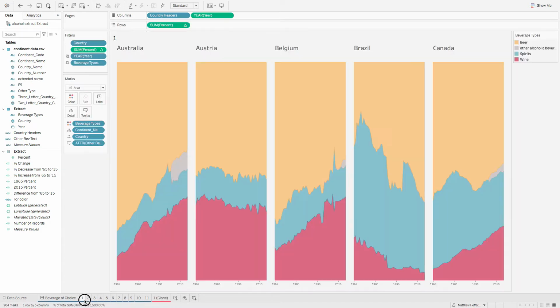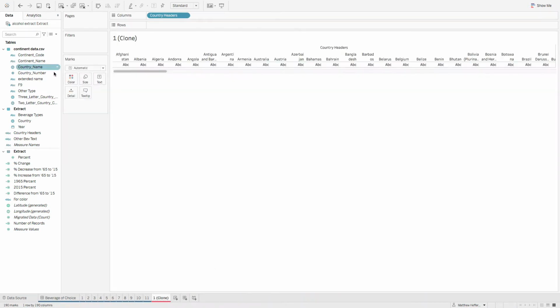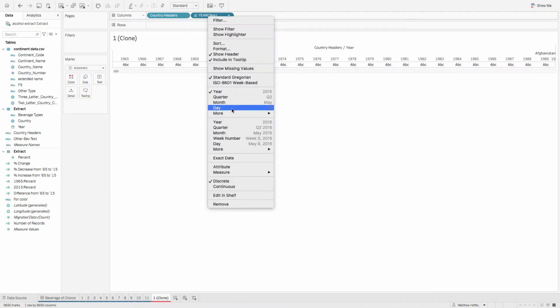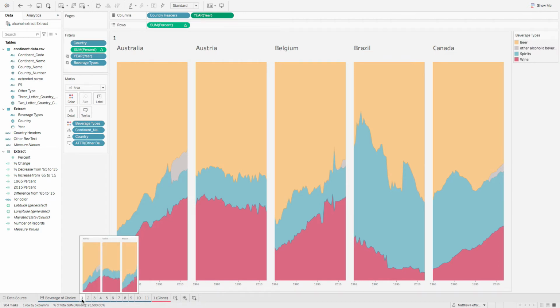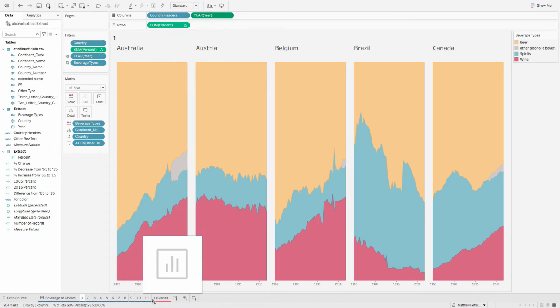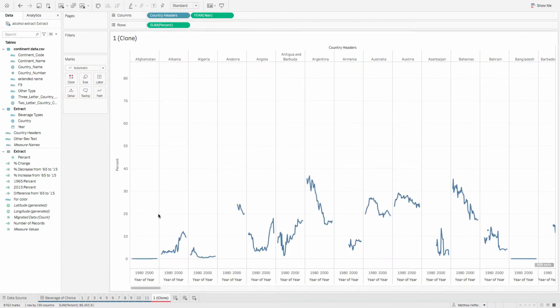Okay, so next let's go back to 1. So we had country headers, we had year. So if you right click, it is year, it's continuous. So we'll go ahead and grab year. Let's drop it on columns and we're gonna see here it's year and we can flip it to that continuous. Perfect. We'll go back to 1. Now we have some percent. So let's see, where is percent? Right there. So we'll go clone, grab a percent, drop it on rows,